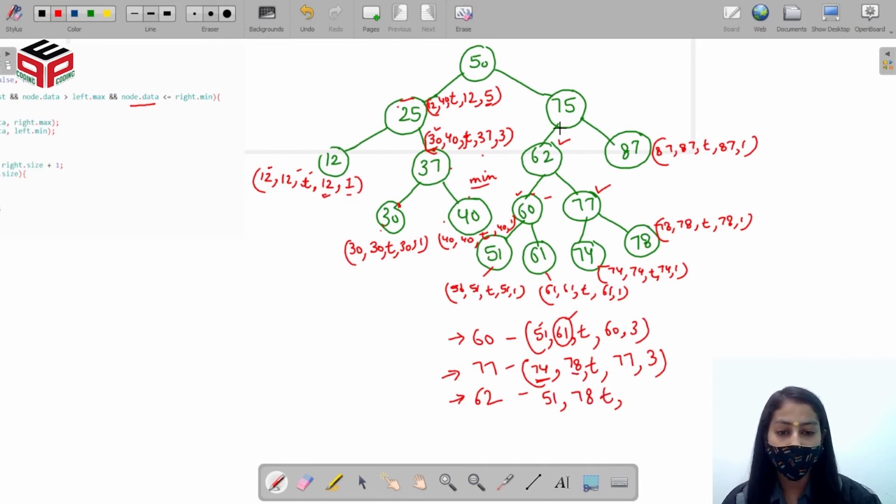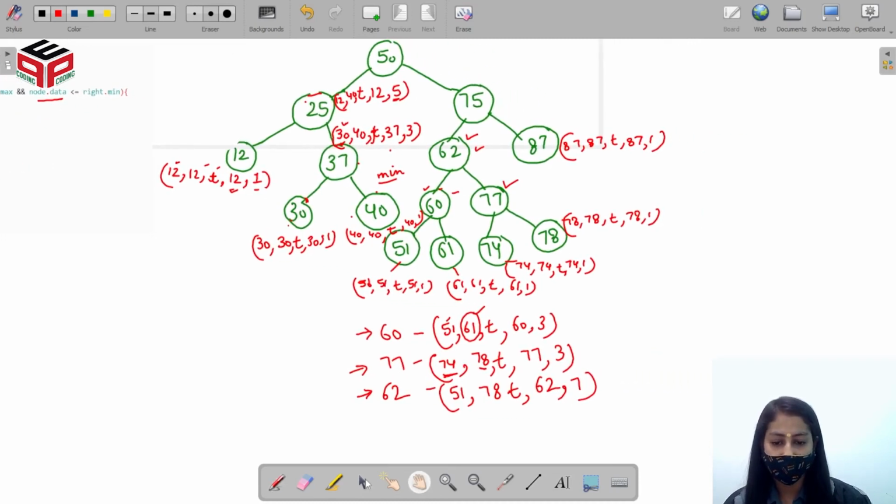Now 62 is representing the largest BST subtree up to 62. So 62 is representing the maximum node and the size of this will be 3 plus 3 plus 1, that is 7. Right? Next, we will find the pair for 87, right?